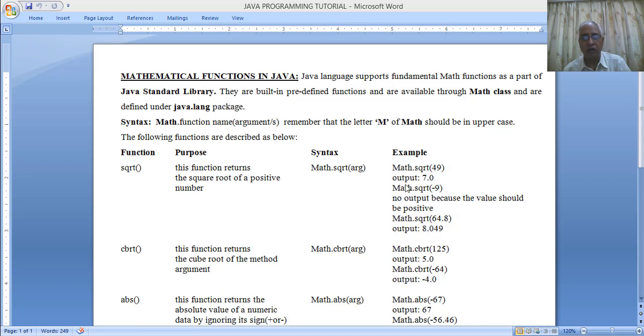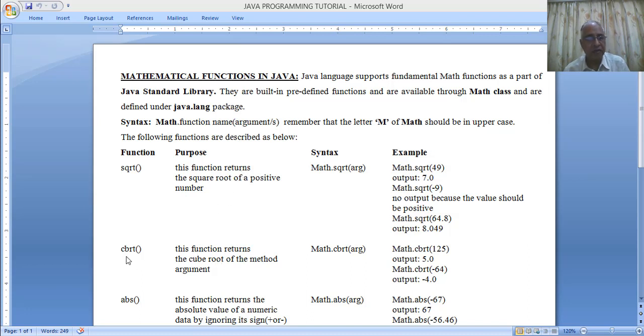So the output of the square root is normally taken in the float data type. Why? Because the output can be in decimal numbers also. So we normally take the float data type for returning the function. Returns means the value is calculated and given back to the calling function or the calling variable, in which the value has to be stored after the function has calculated the value.